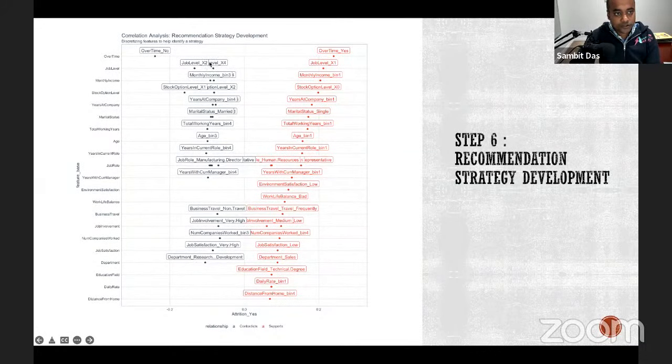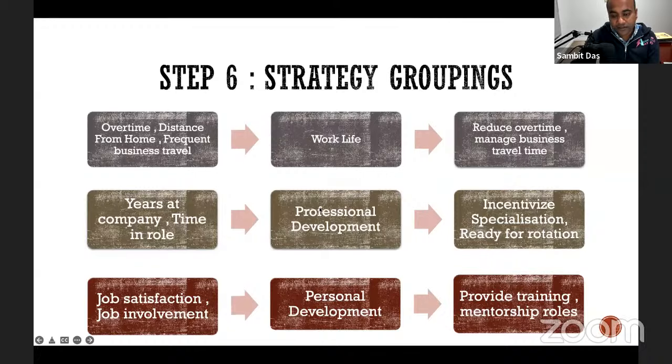So just showing you that the black color variables here, gray colored, they are all working against attrition, which is good. This is what we want to see. So both of them have been ranked in terms of importance, and we use that then to create strategy groups. So what does this mean? This means that if we have variables that are supporting attrition from our machine learning model, we want to group similar variables into categories. So in this case, overtime, distance from home, frequent business travel variables have been grouped under